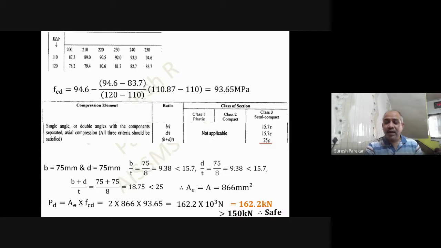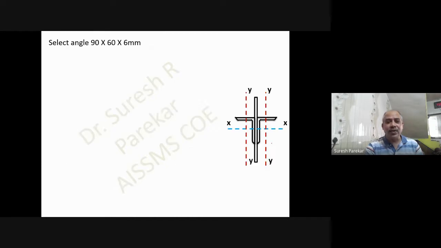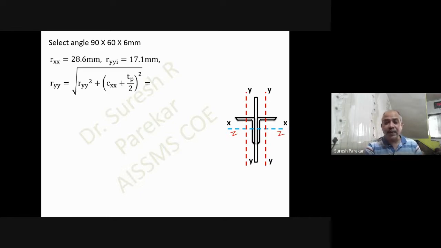If I go for unequal angle section, then we will check it. So here our check is satisfied. Now we will go with 1966. Again, as per IS 800 2007, we have to consider ZZ. But here I have to calculate the value of RYY of the whole section, because my RYY of the whole section is based on RYY squared of the individual. Why I have to calculate this: you can see my R, now this I can say as ZZ as per IS 800 2007, is 28.6 millimeter, and RYY individual is 17.1.